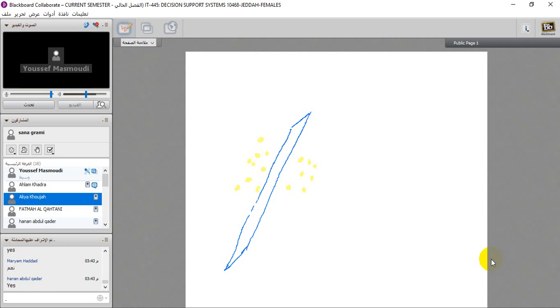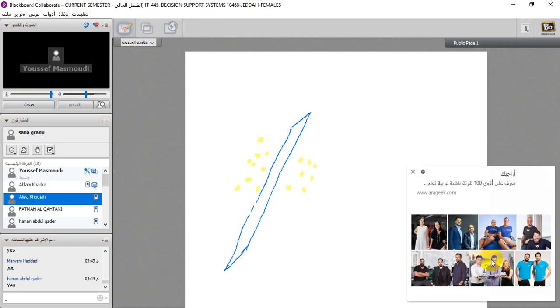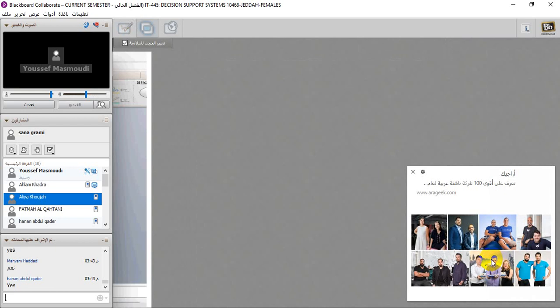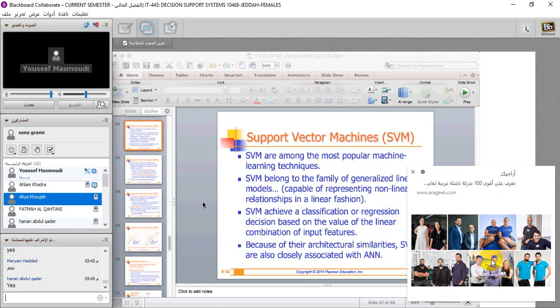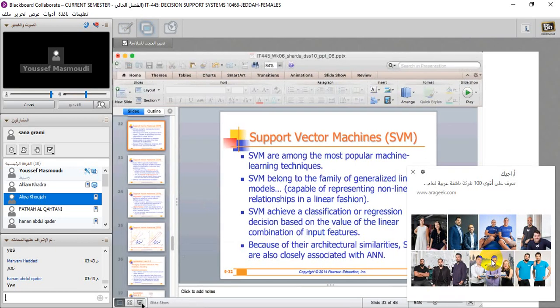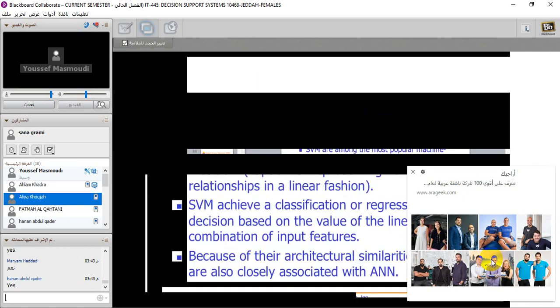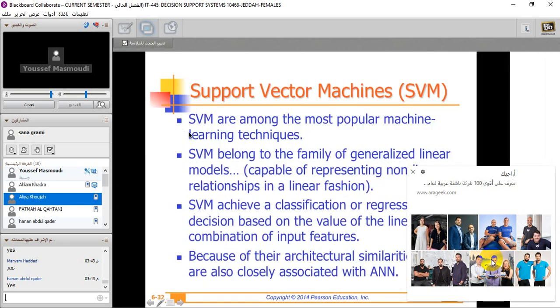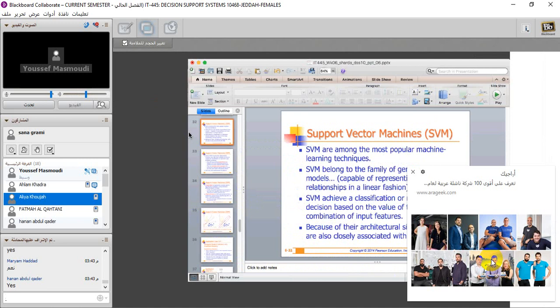طيب to find this hyperplane mathematically بطريقة رياضية، يعني في حسابات رياضية معقدة جدا يجب ان احنا نقوم بحساباتها لكي نجد هذا الهايبربلين، وهذا ما يقوم به الالجوريثم اوف support vector machine. وال SVM is one of the most popular algorithms in classification. So SVM